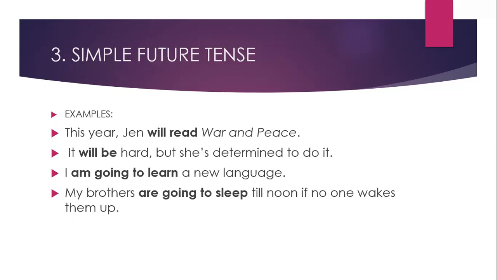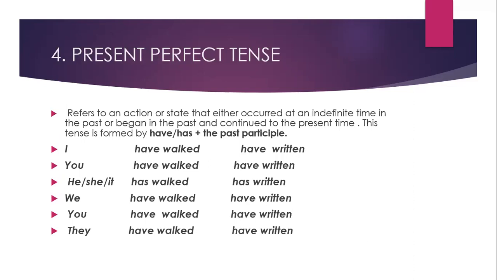Example, this year Jen will read War and Peace. So it means she hasn't read it yet, if Jen is the short form of Jennifer, but will read it sometime in the future. And this is the simple future tense. We also have the